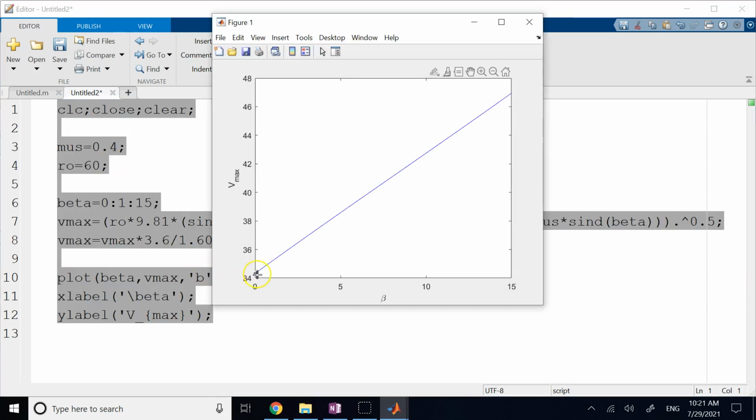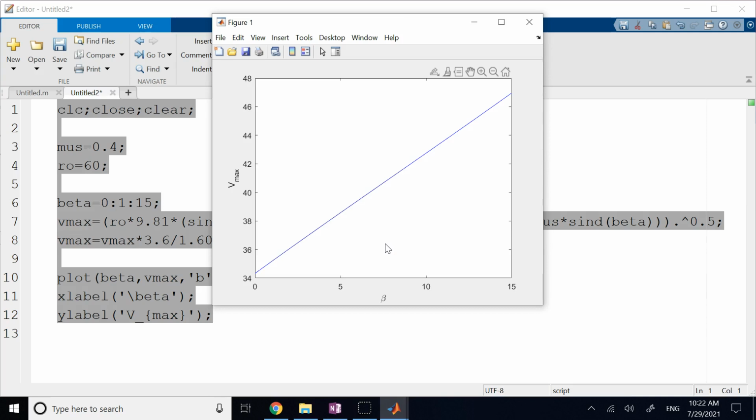So the number that I can exit is a little bit more than 34 miles an hour without a slope, but as I go to 15-degree slope, now I can exit with about 47 miles. So instead of 34, I go to 47. And you clearly see the more angle I apply, the faster I can exit. So the angle here, the slope, is there to help you what? To help you basically